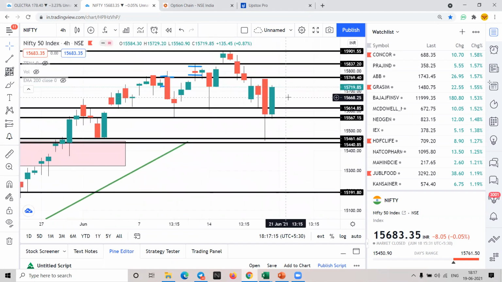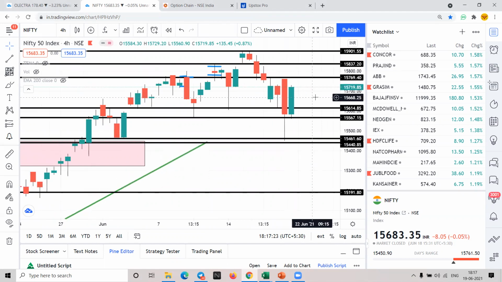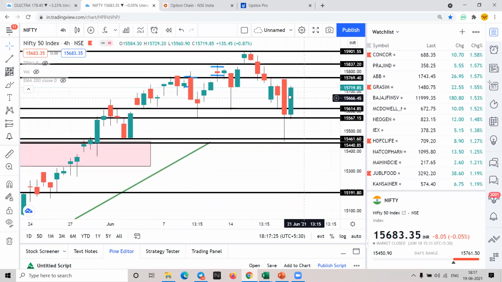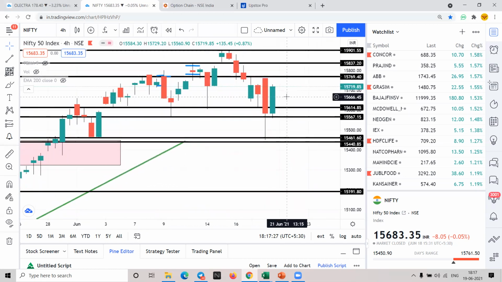Okay, actually world scenarios are not good. If you see the US market, that has been really bearish in the last 3-4 days, and that effect has been seen here also. So eventually there are no issues. Overall these are just small profit bookings which are happening, and this is normal. Overall it will go up.